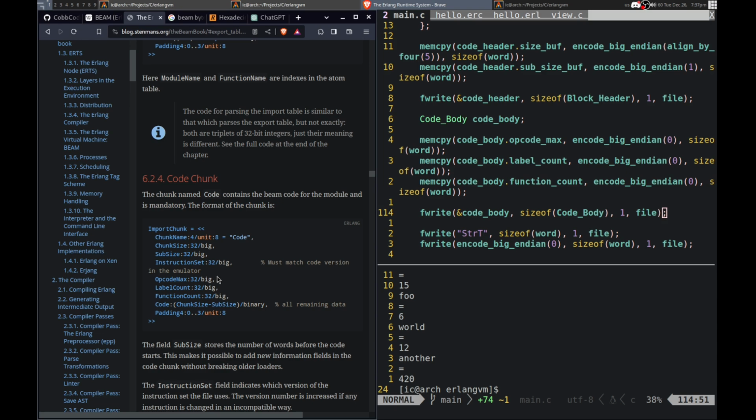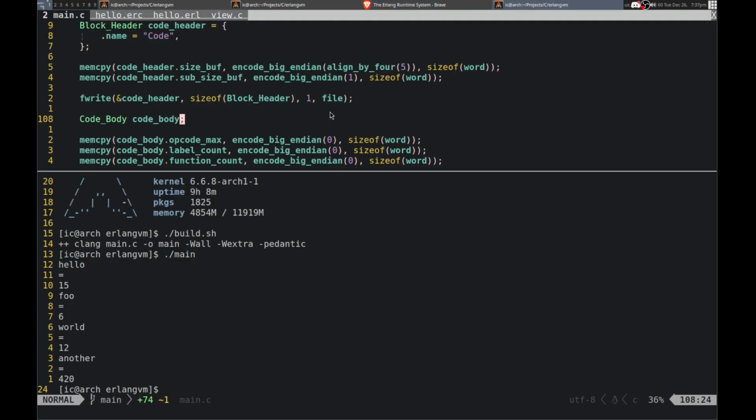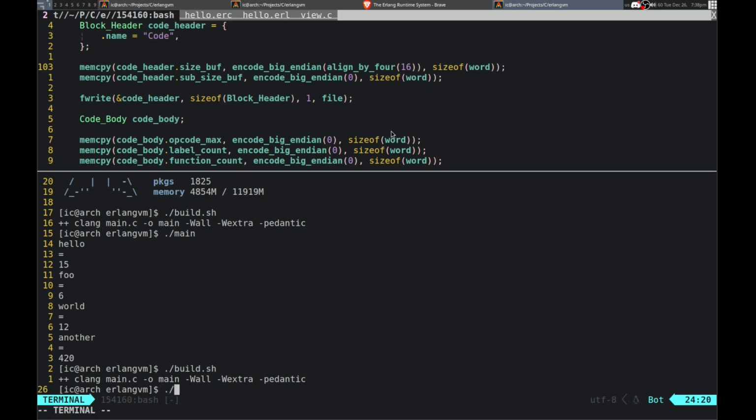Shoot, that's not what I wanted to put actually. Yeah, so I did this actually wrong. This needs to be for each one that we have. So we have 0 there, sub size. So the extra, yeah. And then this is going to be 4 plus 12, so that'll be 16. Well, actually, let me try that. That might be right.